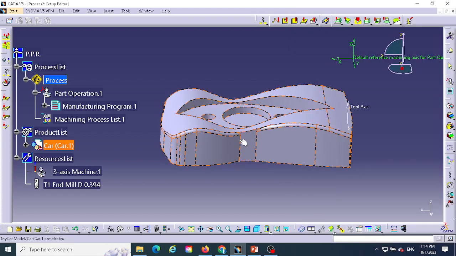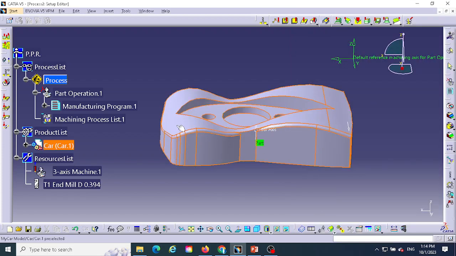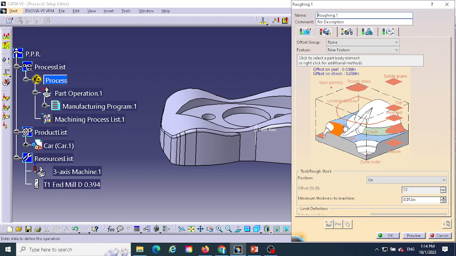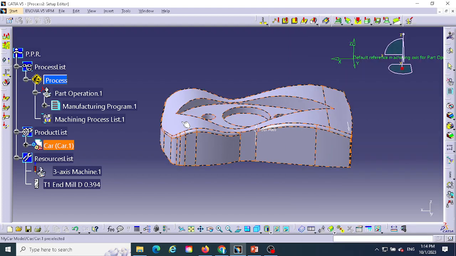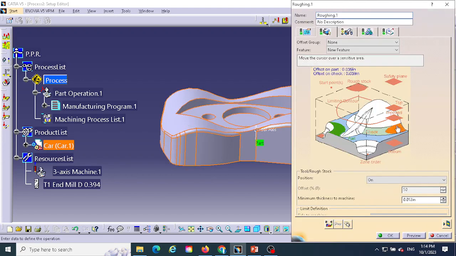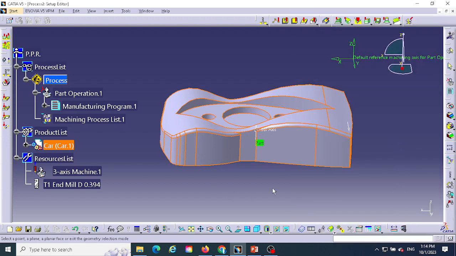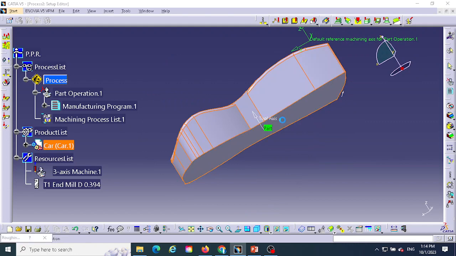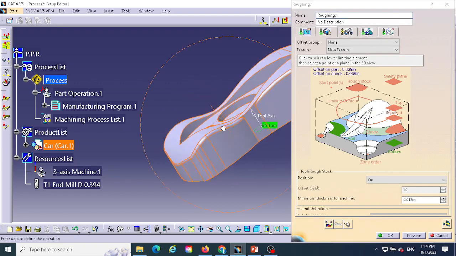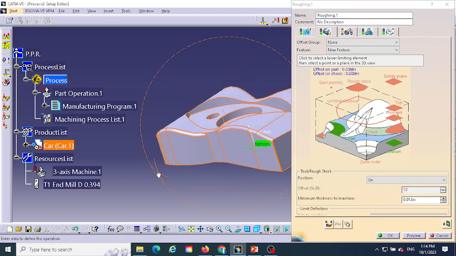So you just click here, click this model, this one. You just double click, and then you can see this one is green. The other important one is the bottom. The bottom is here. You can see, these are the two important features we need to